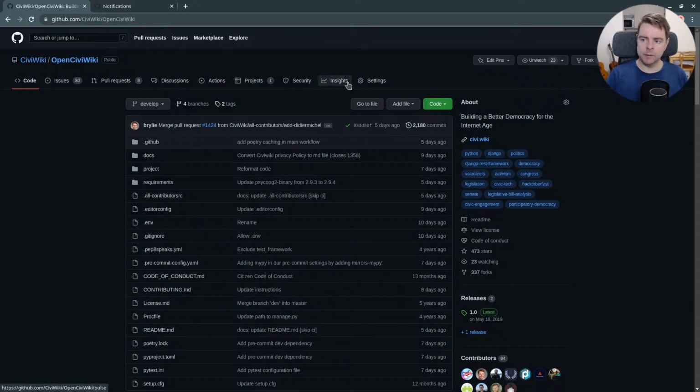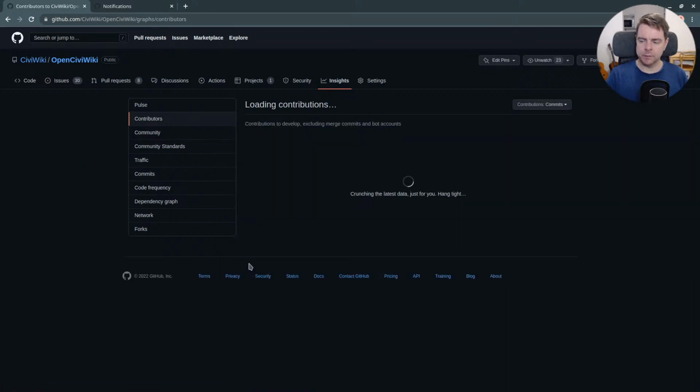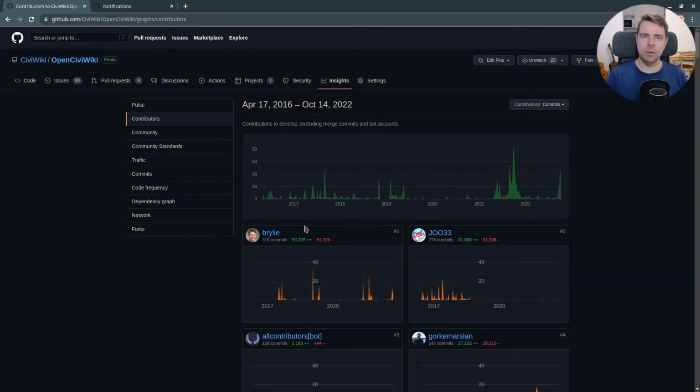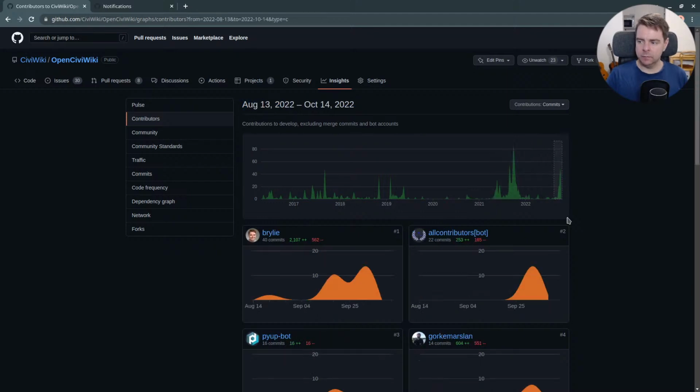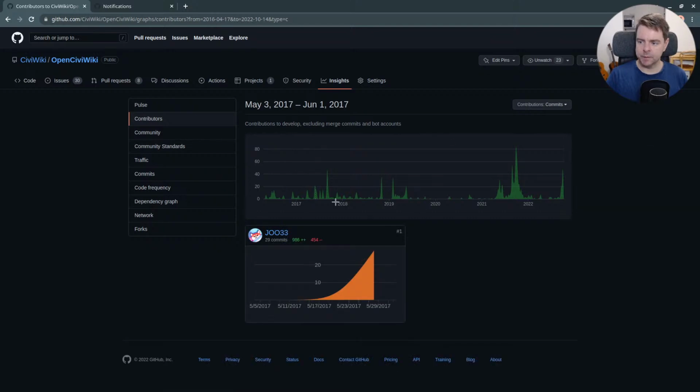One good indication of the health of a software project can be found on GitHub Insights under the contributors graph. It's essentially showing the activity, how many people are helping maintain it, and how much maintenance activity is going into the project. CiviWiki, you can see, has been under development, at least in this repository, since April 17, 2016, and it had a couple of recent spikes of activity, and we're in the process of one. This Hacktoberfest has brought a lot of different contributors to the project as well.